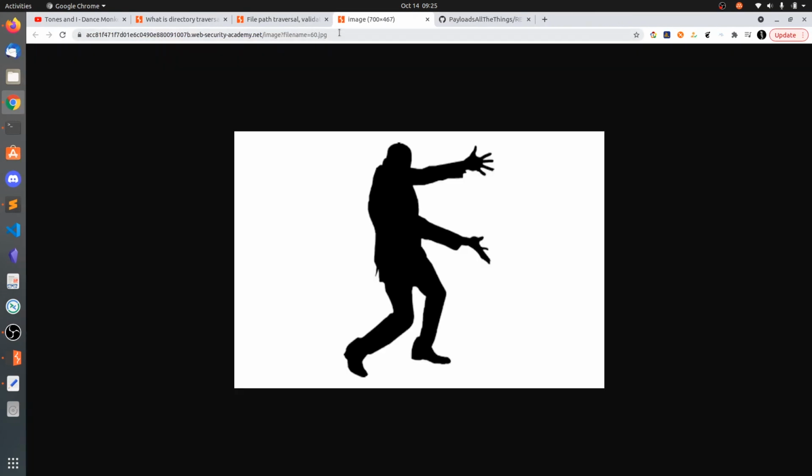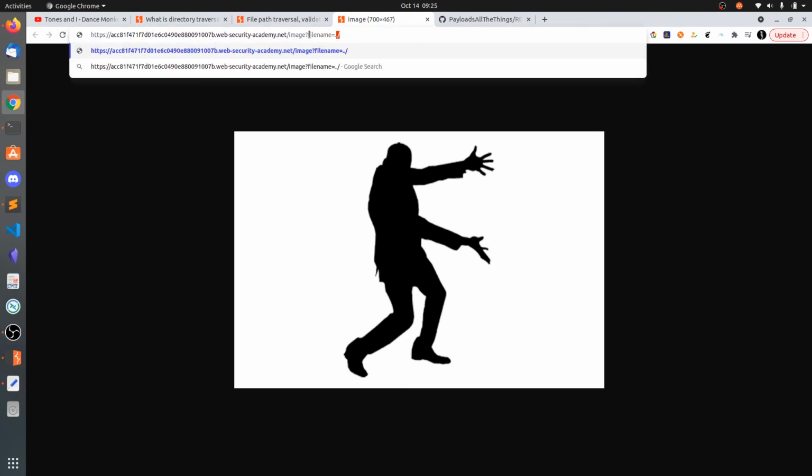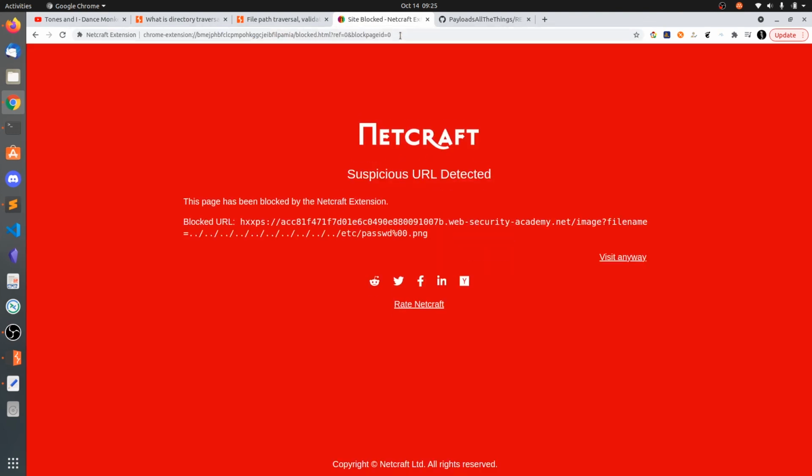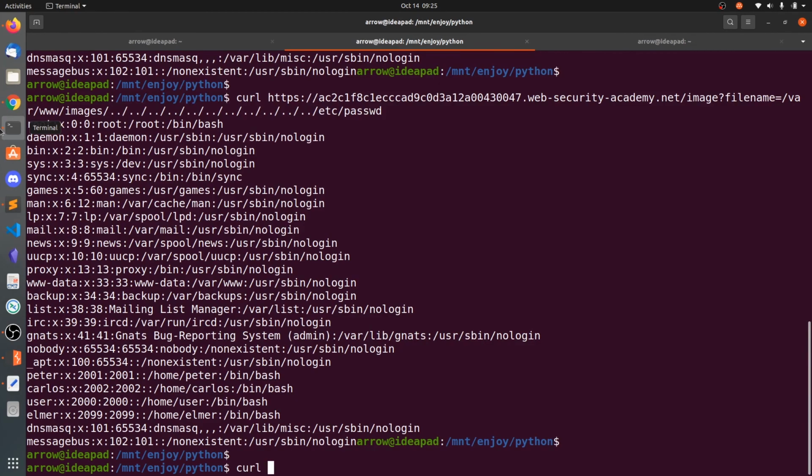Let me first show you. Let's see passwd. We also saw this in the TryHackMe Docker walkthrough. %00.png. Let's use curl and we get the contents.